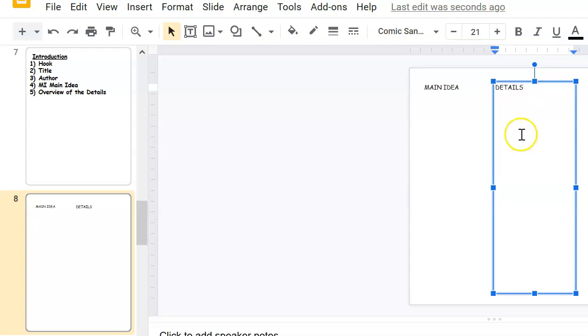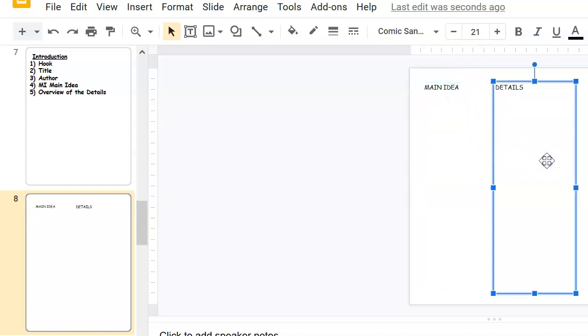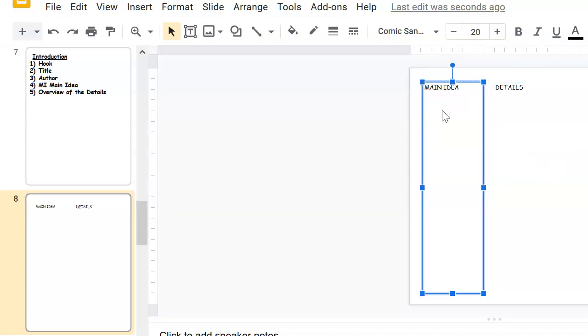Okay, so let's go back to our main idea. To do that, put your cursor in main idea, double click, and your cursor's at the beginning. So put your cursor at the end. So I'll do that again. I'm going to click over here on main idea. If I double click, my cursor blinks right at the beginning of the main idea. I want to put it at the end and enter twice so that there's